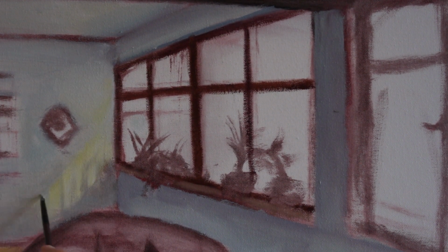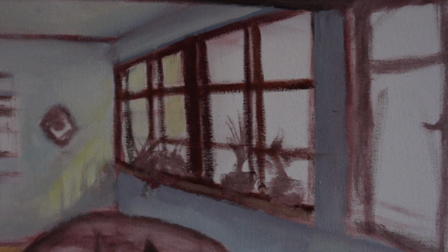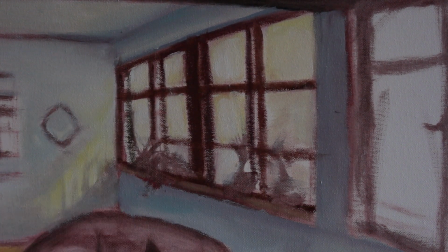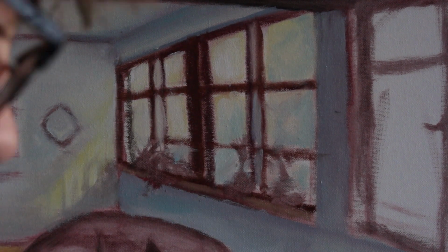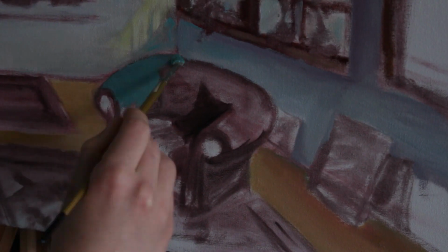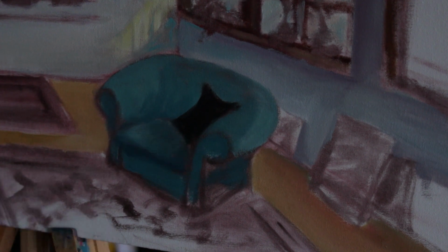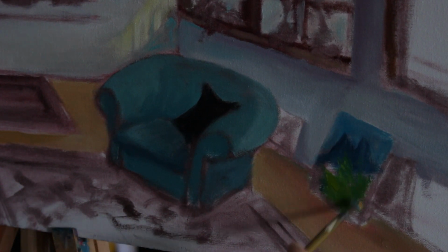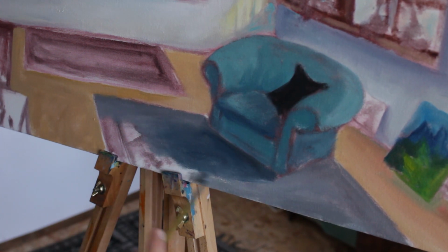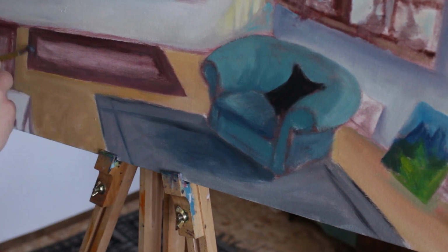From the starting point, I wanted this piece to be somehow more expressive, I would say. So far in this artistic journey of mine, I'm working more on realistic artworks with lots of precise details, but here my desire was to use this canvas more as a free space where I can emphasize certain moods and colors, and you can see how I'm using more blues and yellows in the shadows and the highlights of the walls. I just thought it would be too boring if it's just white,